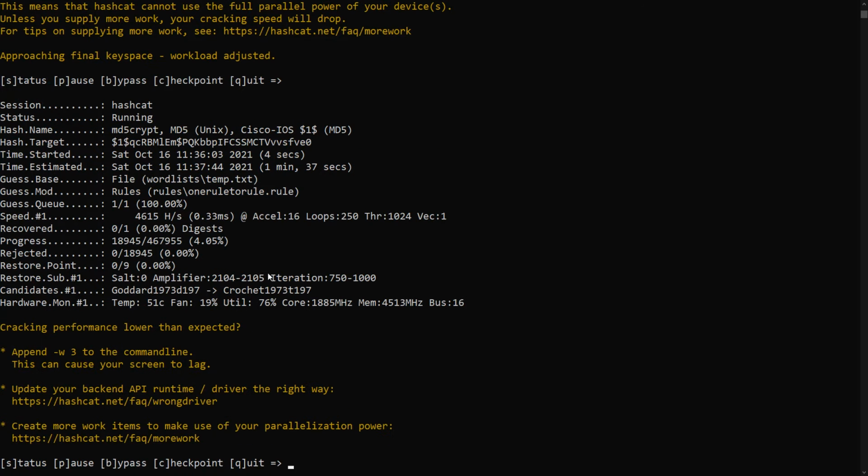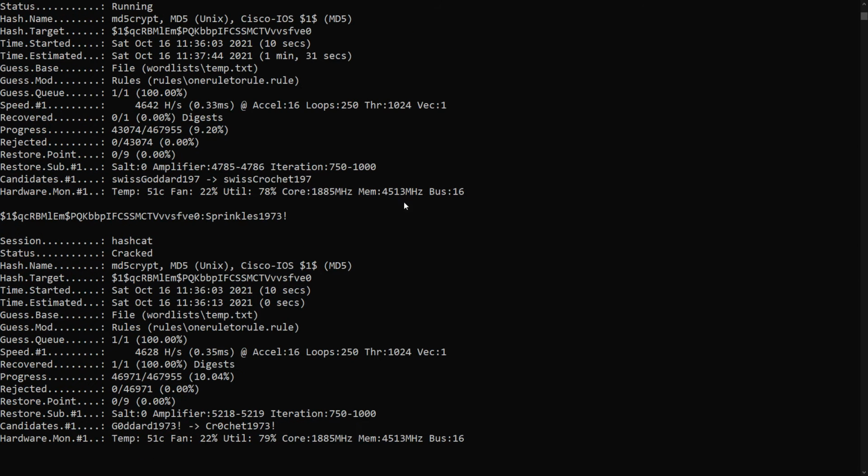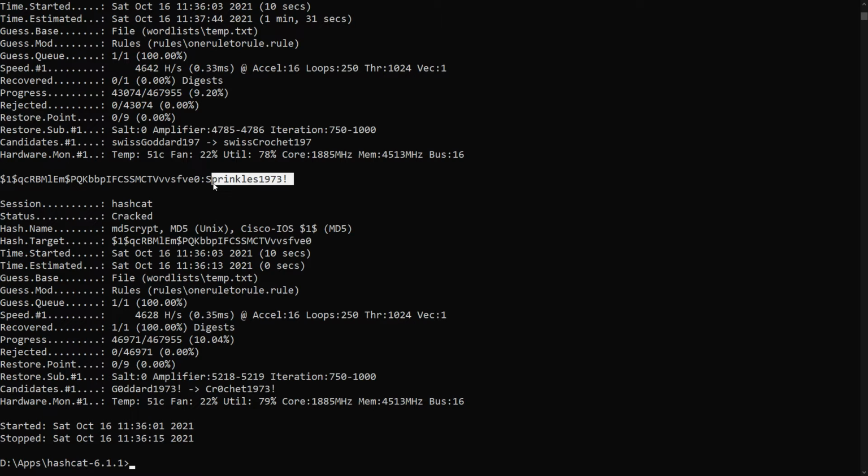We can hit S to get a status, and we can see the time started 4 seconds. It's expected to finish in about 1 minute and 30 seconds. And there you go. You can see it's cracked the password. The password was sprinkles1973!, and it cracked that in about 14 seconds. So then our flag is simply going to be flag